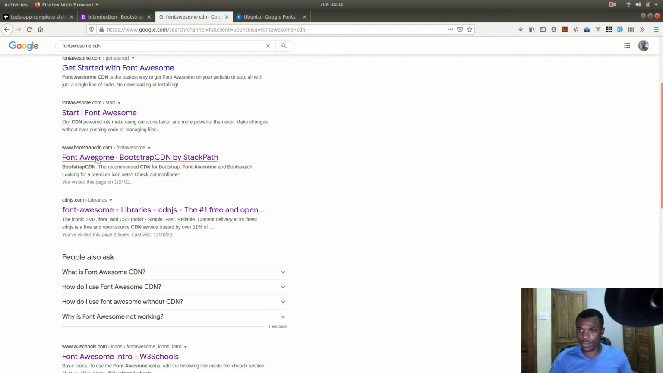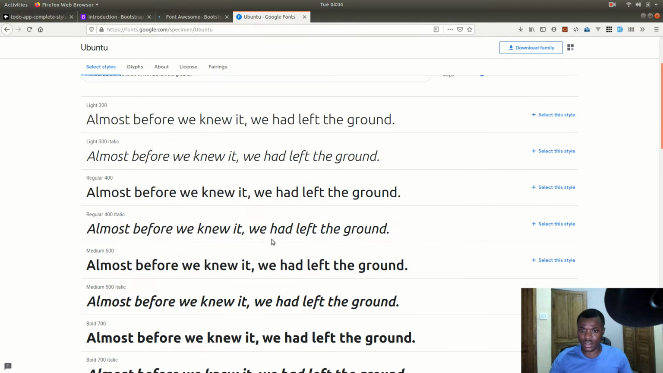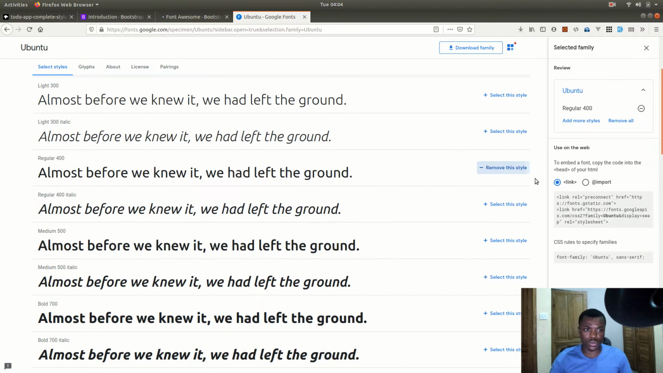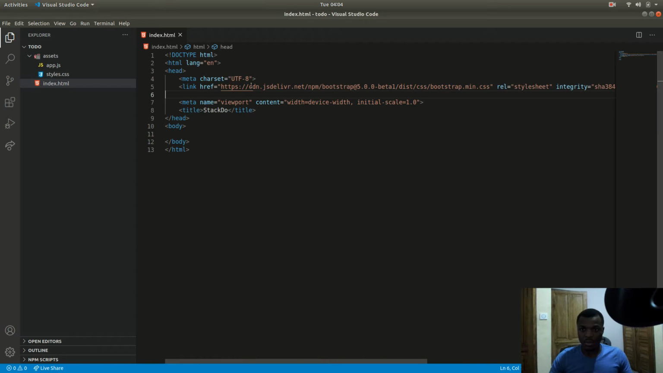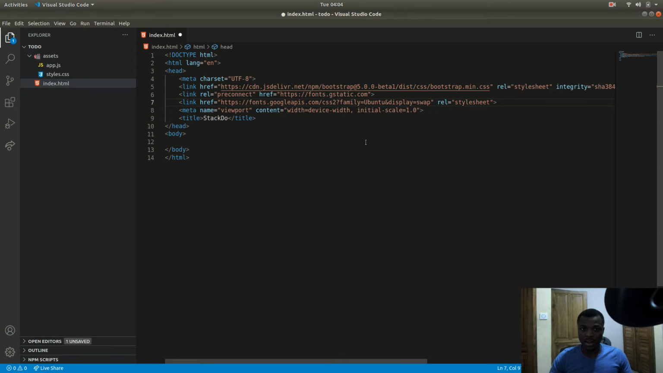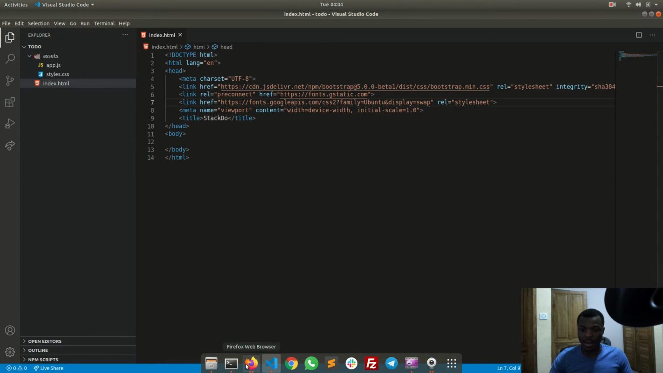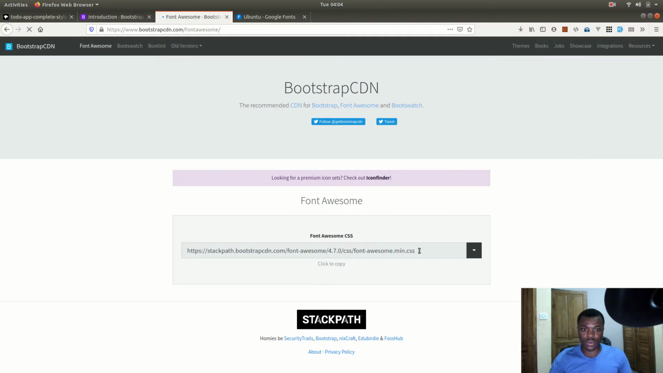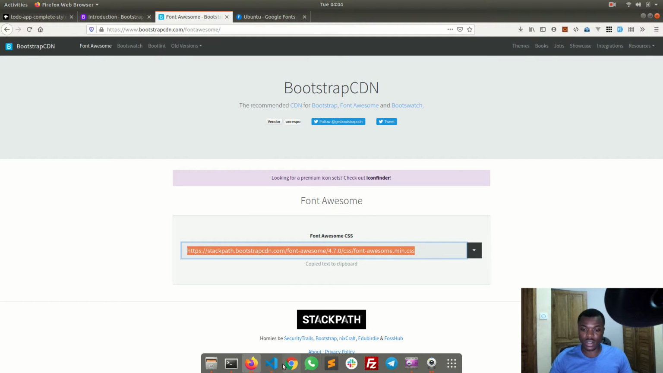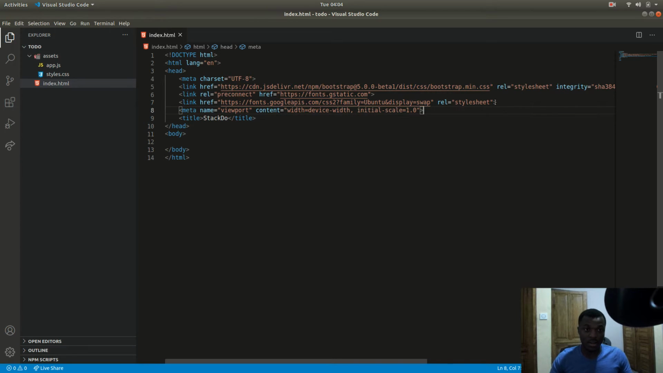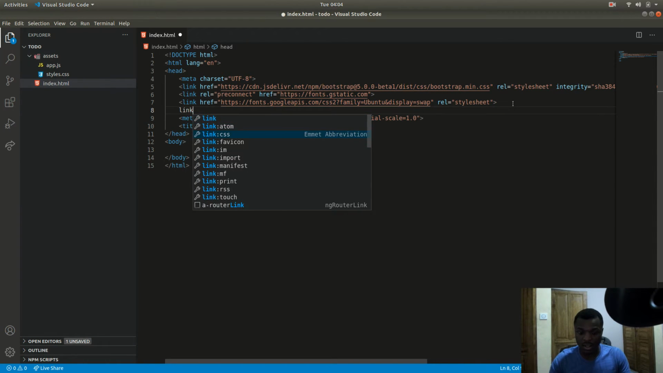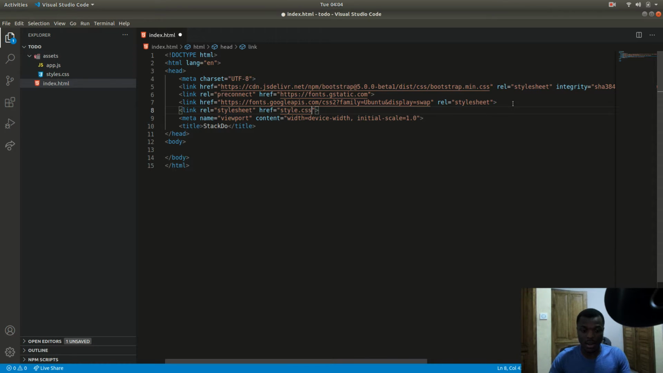I'm going to get that from Bootstrap CDN, and while that's loading, I want something of this magnitude. Is that bold enough? 400 should be good. And I'm going to copy this, and I'm going to link it immediately after my Bootstrap file. And finally, Font Awesome has loaded completely, so I'm going to have that down here, the link CSS, and I'm going to add